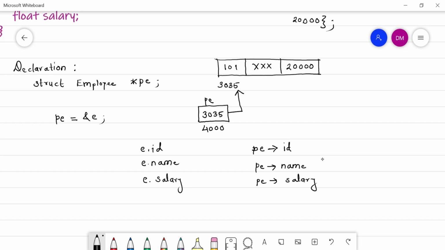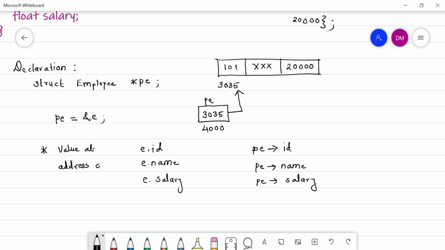All of you know that along with the address operator, which is represented by the ampersand sign, we have the indirection operator, or you can say the value at address operator, which is specified by the asterisk sign.